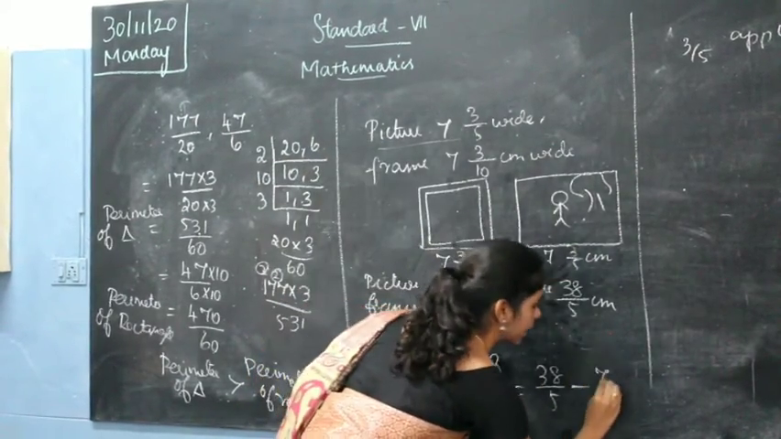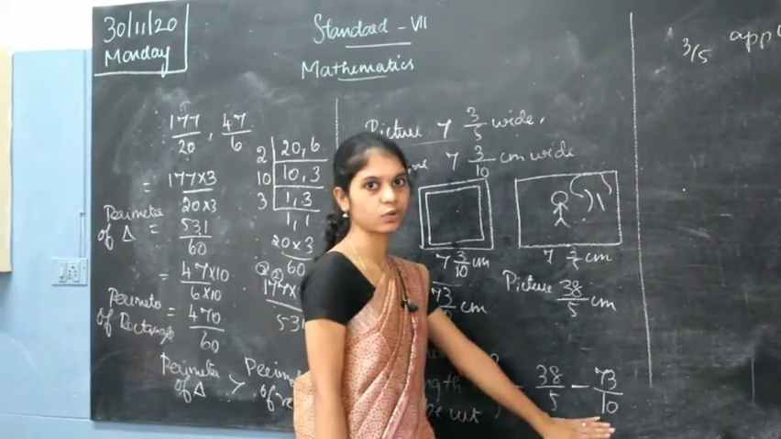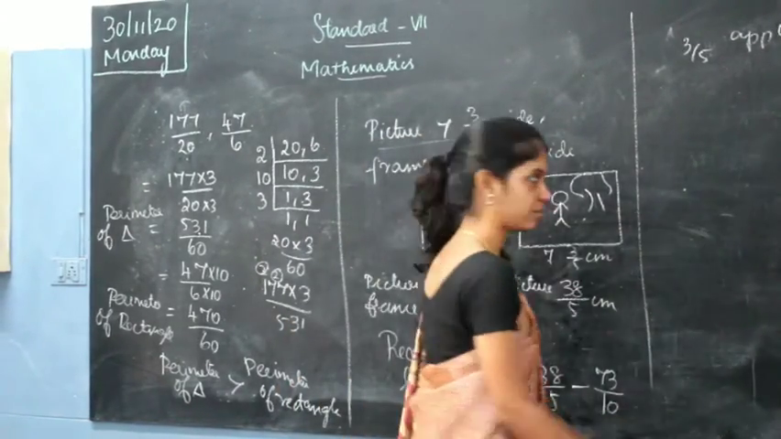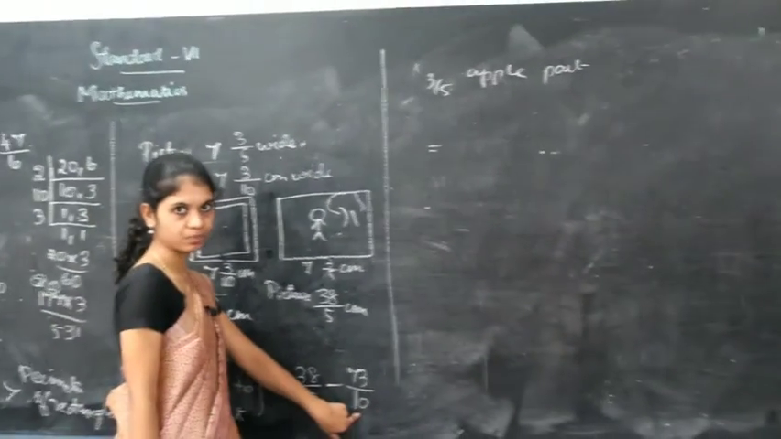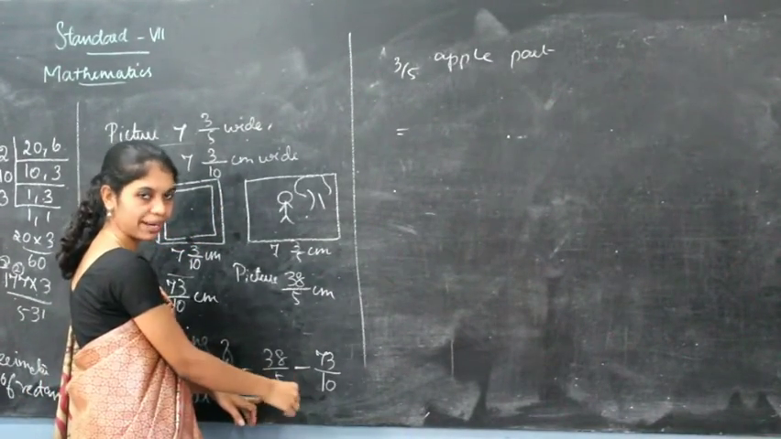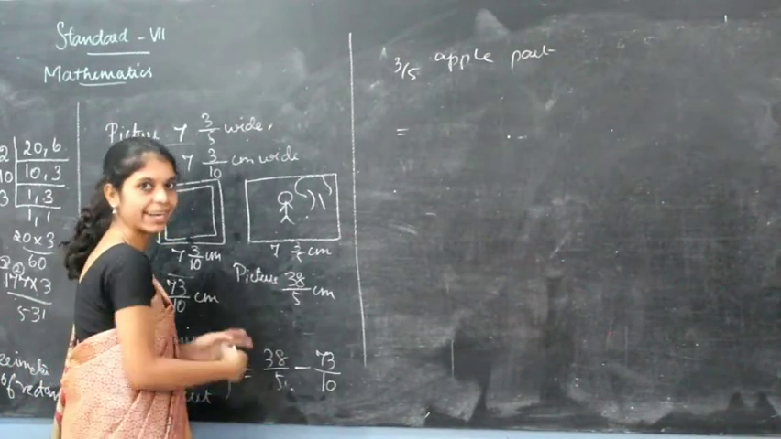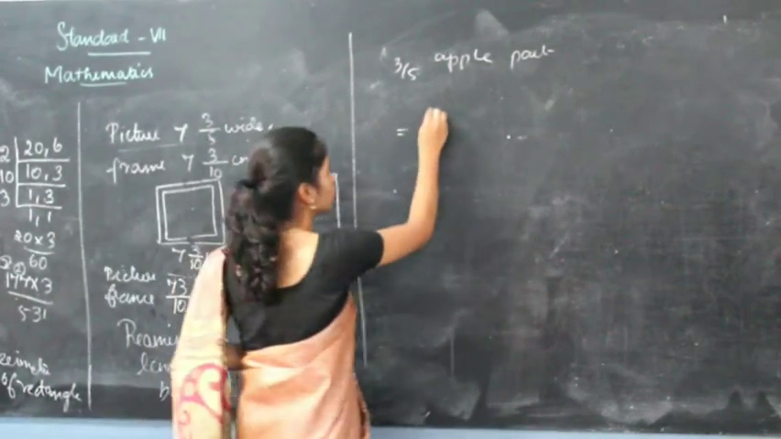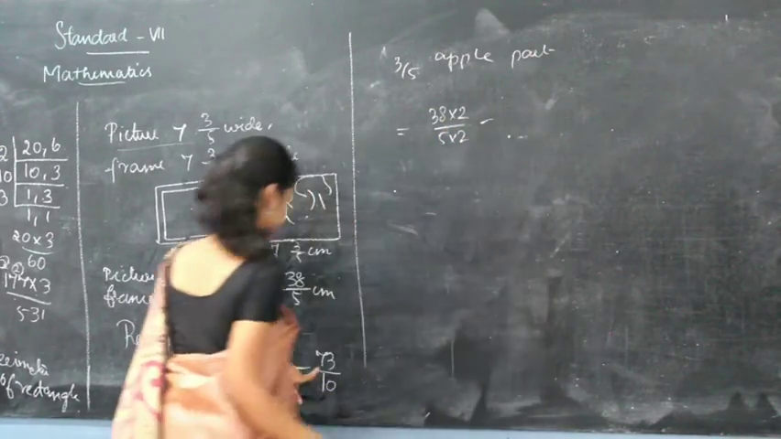Here you have 73 divided by 10. They are not like fractions, right? So we are going to convert this into like fractions so that we can make it easy. Now see, here you have 5 and here you have 10, right? So in order to convert this into 10, we'll have to multiply this with 2, right? If you multiply 5 into 2, you'll get 10. So multiply both numerator and denominator by 2. 38 into 2 divided by 5 into 2 minus